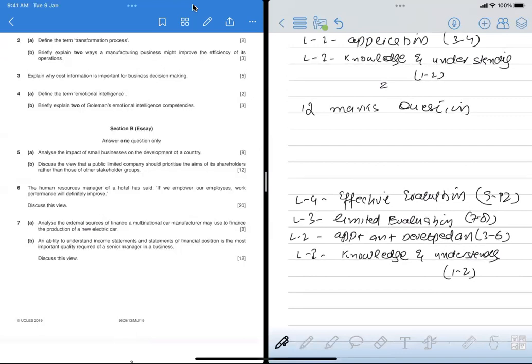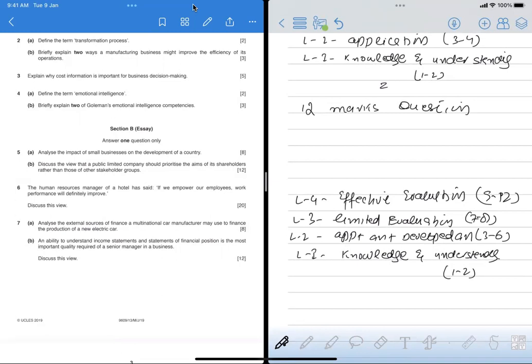You define public limited company, you define shareholders, and then you move on to the question and you tell whether they should actually prioritize the aims of the shareholders rather than the stakeholders. So you know that the aim of the shareholder is to obtain profits. Okay, perfect. You can write that if a public limited company tries to maximize the shareholders' dividends or the profits,